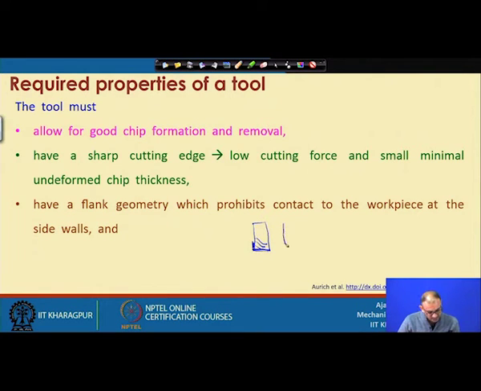In that case it is better to go with some type of cutting tool, something like this, that has a very small edge here but will not touch the side surface at these two locations. So, you have to devise different geometries in such a way that you can avoid contact with the workpiece, because once the machining is over, we should not provide contact with the cutting tool, otherwise it will generate additional marks, and then you have to apply some deburring or cleaning operation.